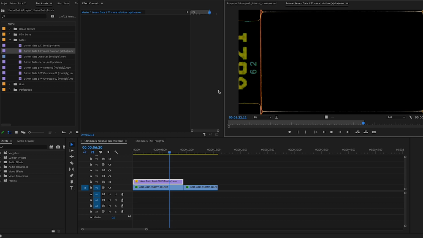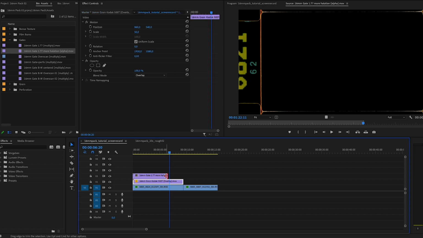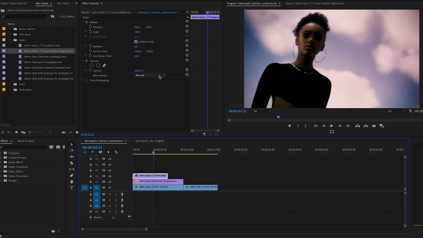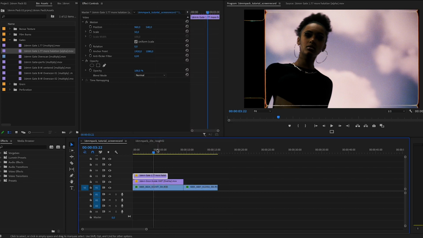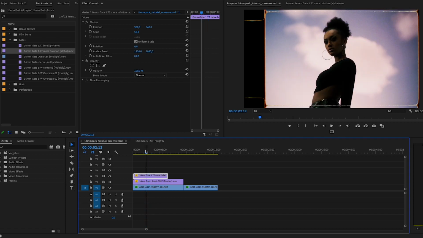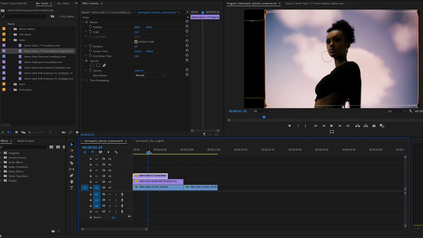What we wanted to do was preserve as much halation as possible on this one. So when you use a blending mode, it tends to take out a lot of the different light interactions happening in the image, the highlights on the film. So this one we actually pre-keyed ourselves rather than using a blending mode. So you can drop that one straight onto your timeline and no blending mode, but if you're in 1080 you do want to set the frame size, and then you can see that you've got that nice glowing edge around